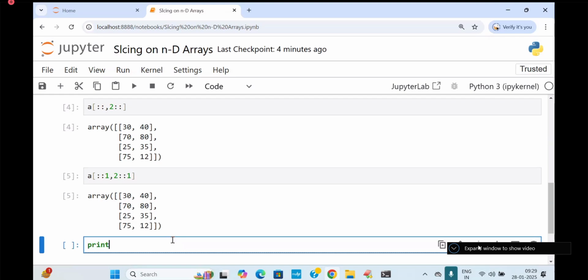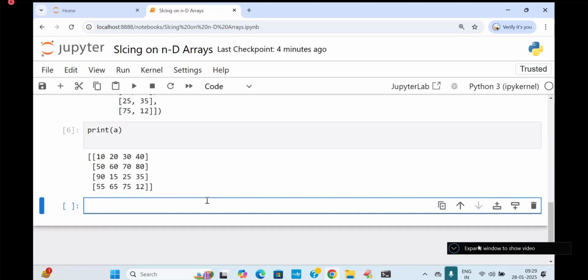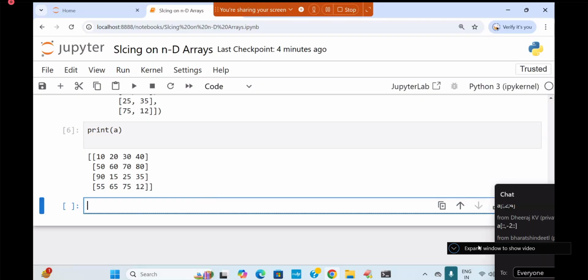Now, print of A. Last and final, I want to get all 4 corner elements. All 4 corner elements, I want to get it. A of, A of,